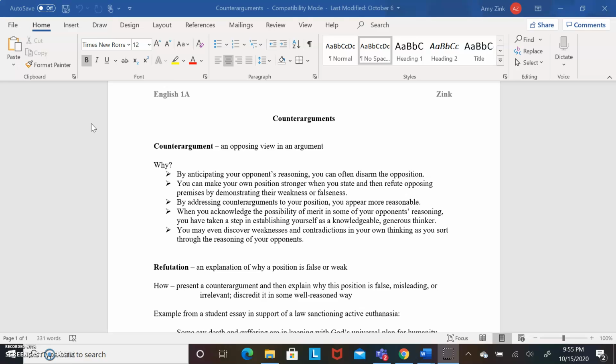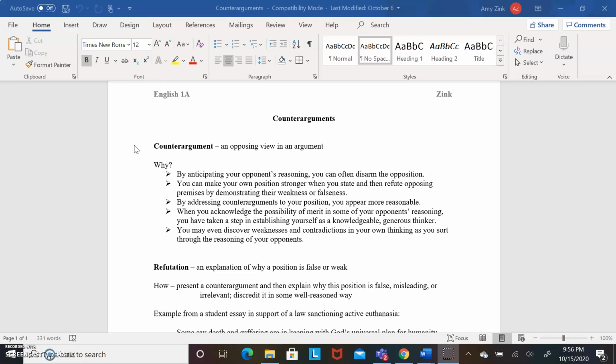Both of the documents that I'm using in this video are on our Canvas page for you to have as resources. Okay, so to start off, what is a counterargument? A counterargument is an opposing view in an argument. Basically, any point of view that's different from your own is going to count as a counterargument. So anything that you don't totally agree with, or anything that someone who has a different opinion might say in